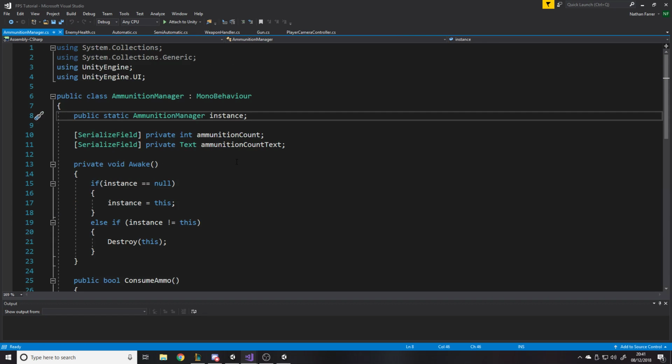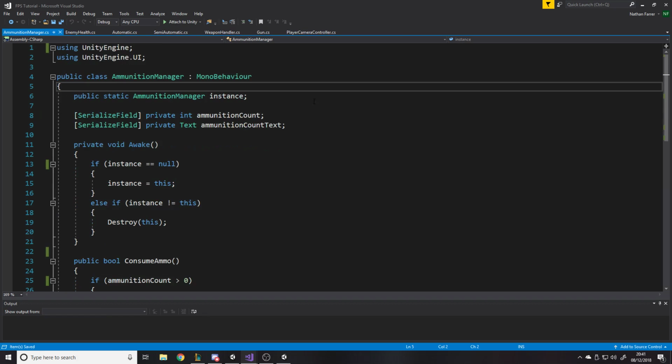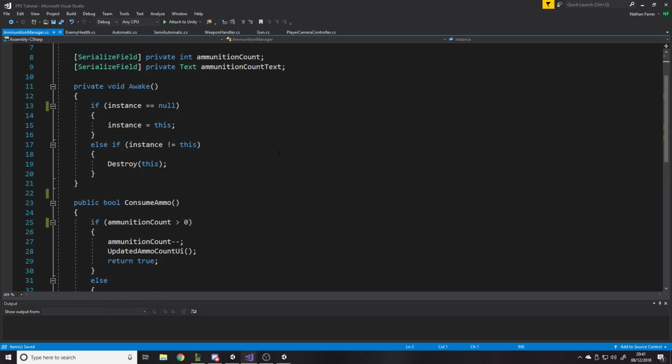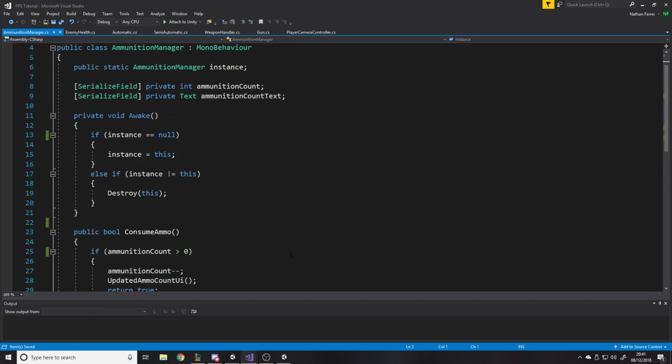So, what do I need to do about that? Well, we want to make it so that we can pick up items, pick up stuff, and then check what it is and where to add it. So we can have a pickup class,